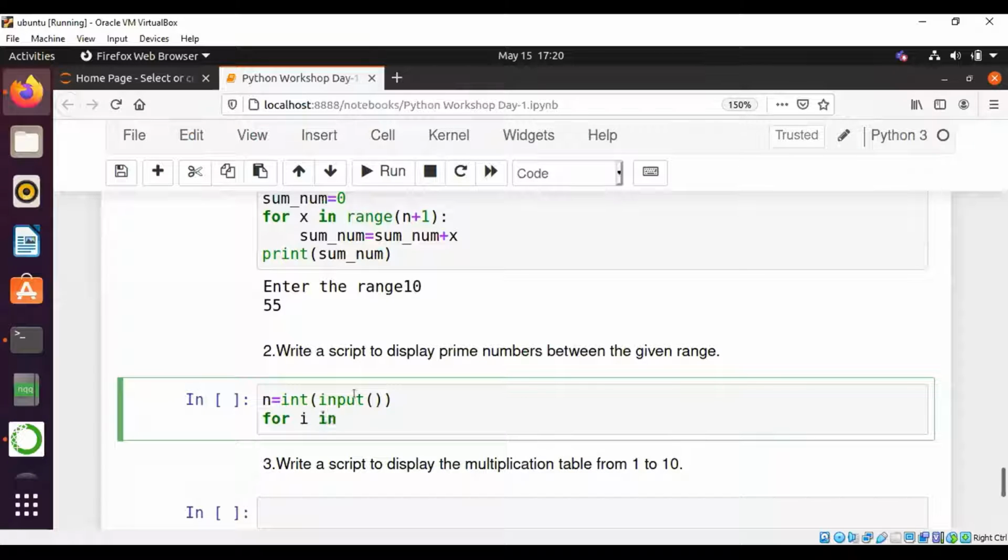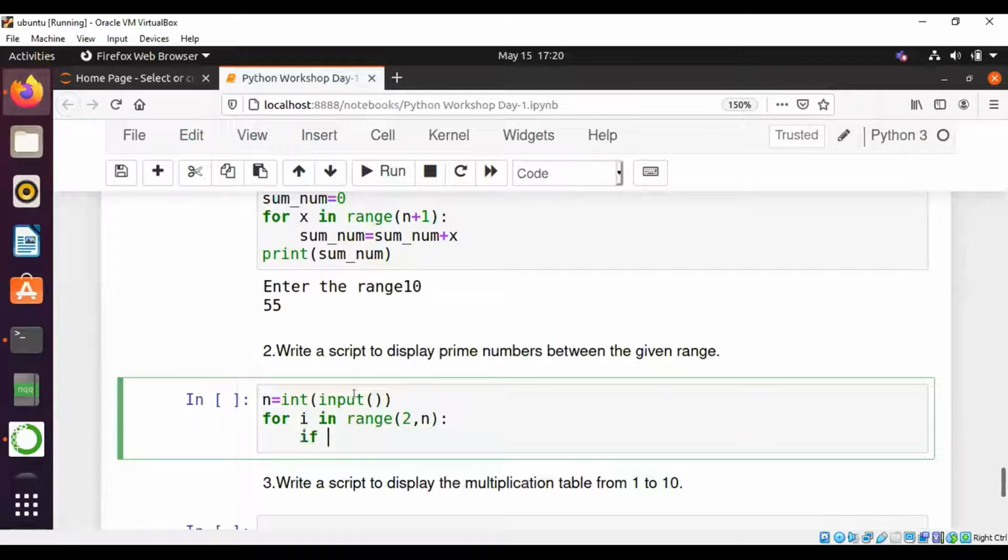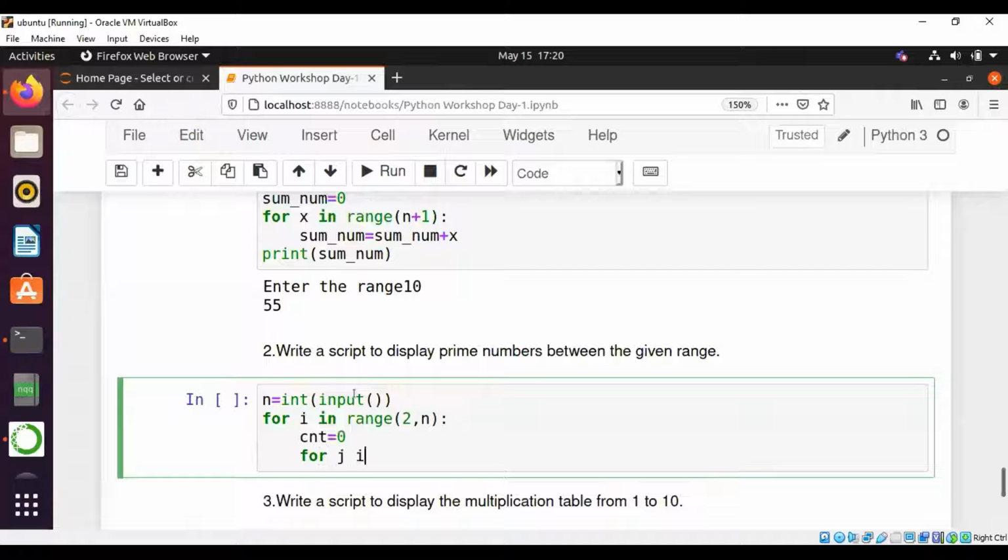For i in range of, it's starting from 2 until n. Let's check whether it is prime. Let's take a counter. For j in range of